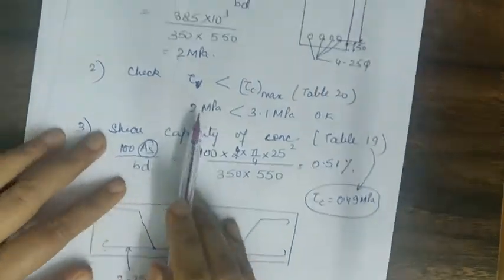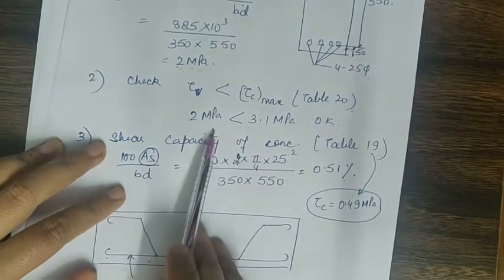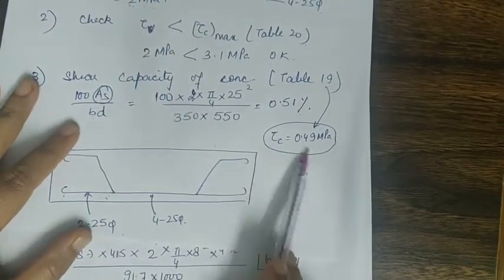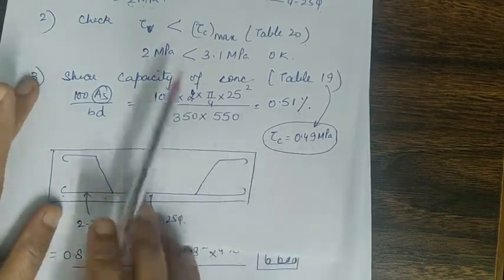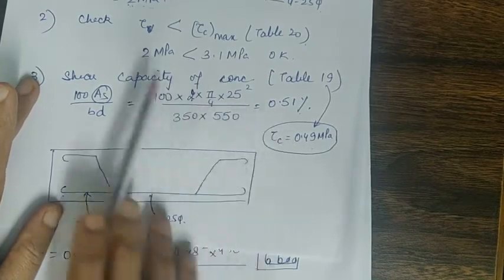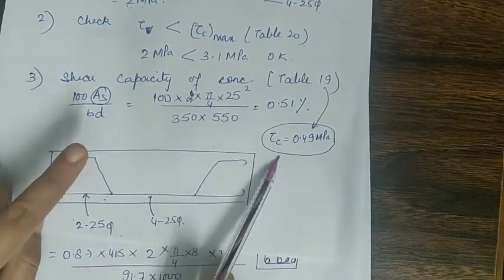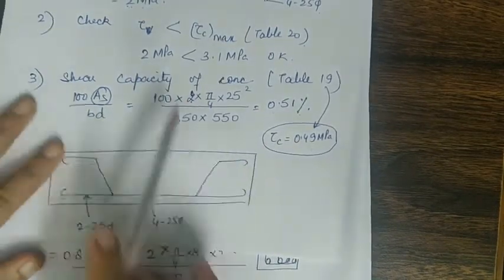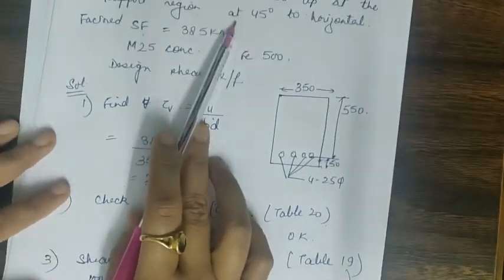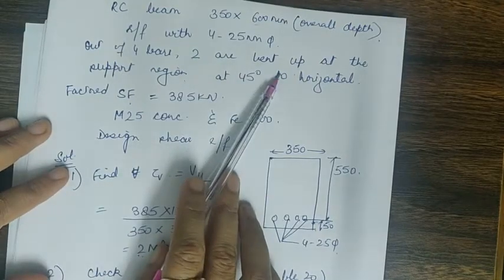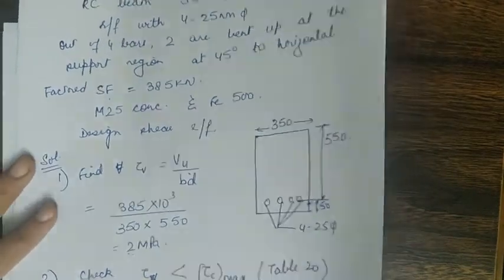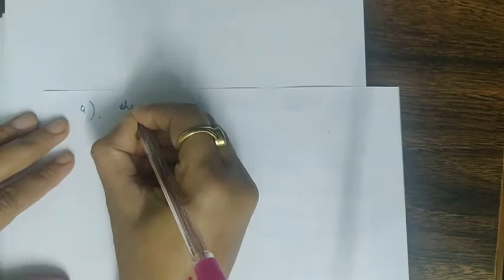So it means the shear force to be resisted is 2 megapascal. Shear capacity of the section is 0.49. If we had not provided any bent up bars, the rest of the 1.5 megapascal was to be taken by vertical stirrups. But now, because there are certain bent up bars, we will have to find out how much shear force is taken up by bent up bars. So instead of directly going to shear reinforcement, we will find out the shear capacity